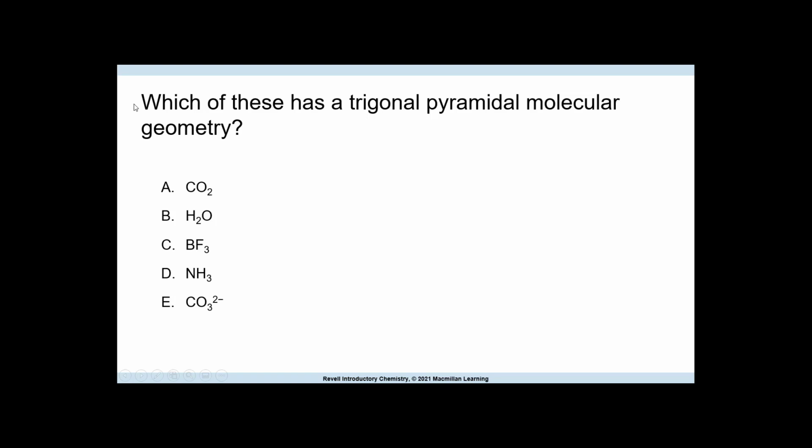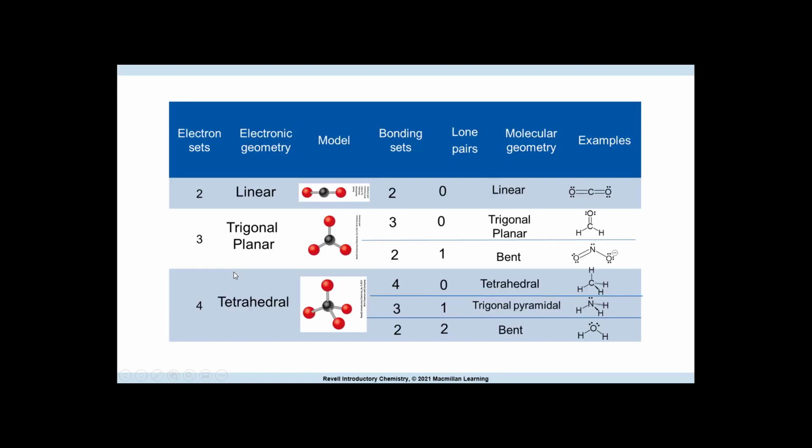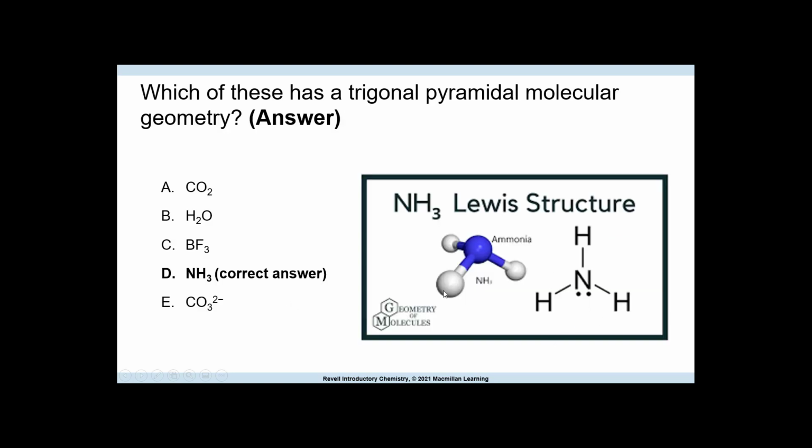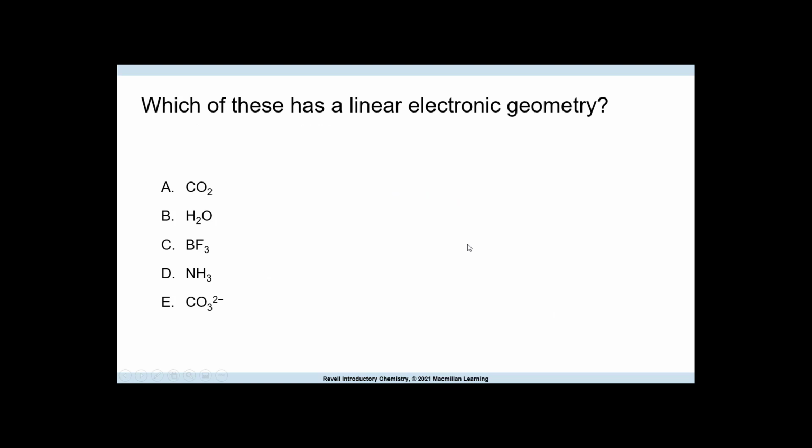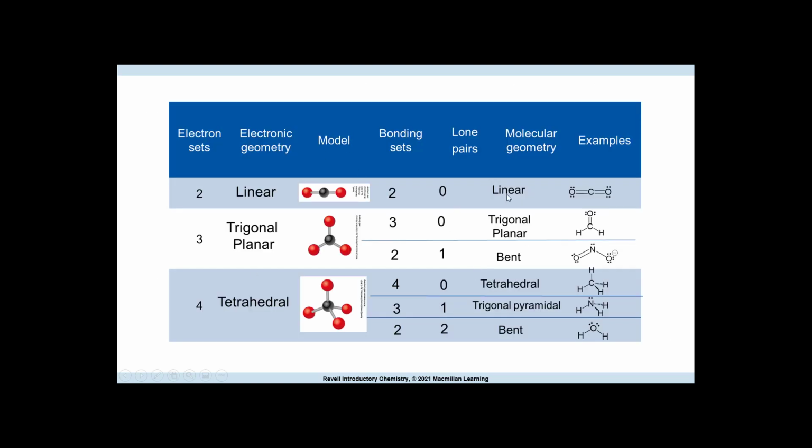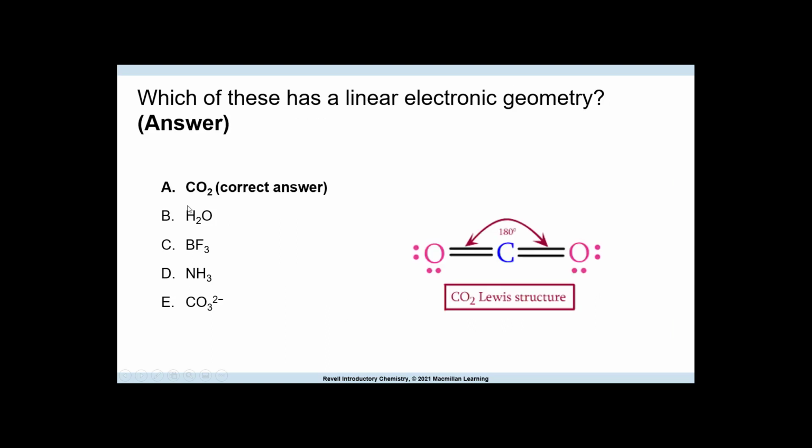Which of these has a trigonal pyramidal molecular geometry? It's very easy. The one that has a lone pair. If you can find the lone pair, then you're going to find the one that looks like that. And there you go. Which of these has a linear electronic geometry? That means 2 sets and no lone pair. And that would be